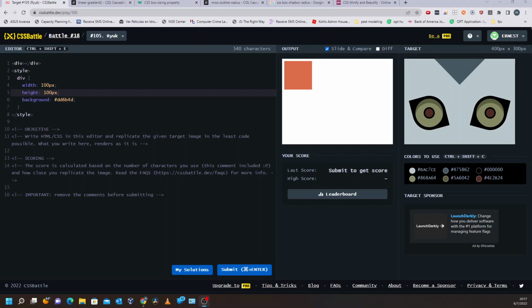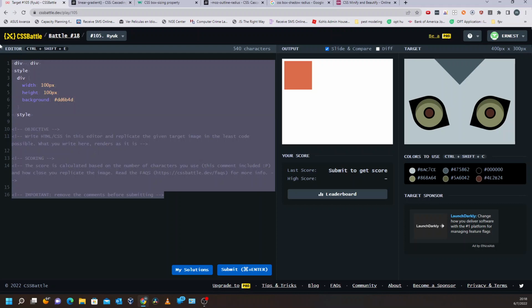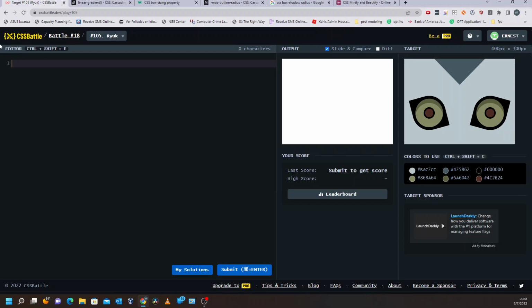Alright, let's see if we can solve this. So how I always start, I set in style and say that everything is position fixed, and I want a border for everything as we are starting out, so we can just see what we're dealing with. So let's make the eye,